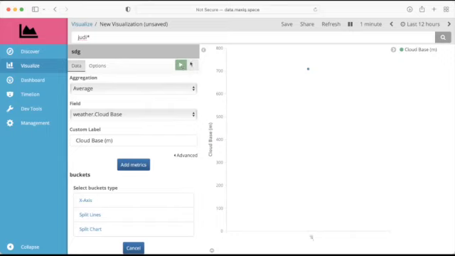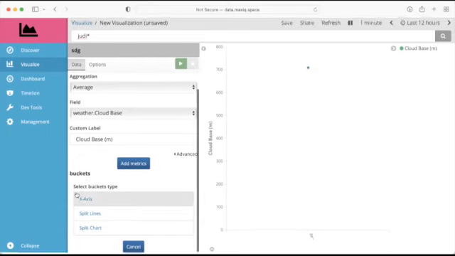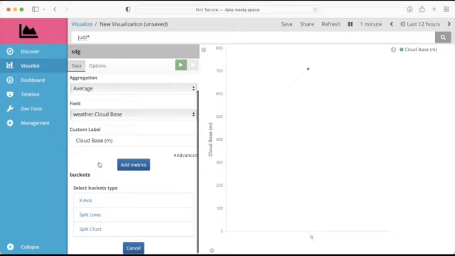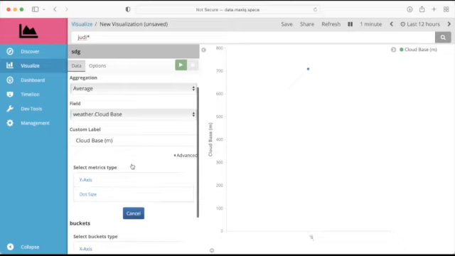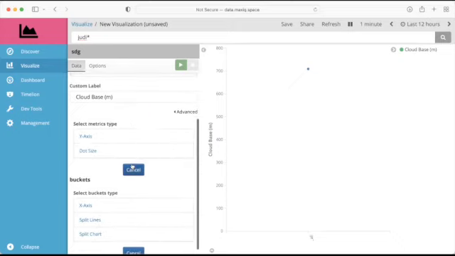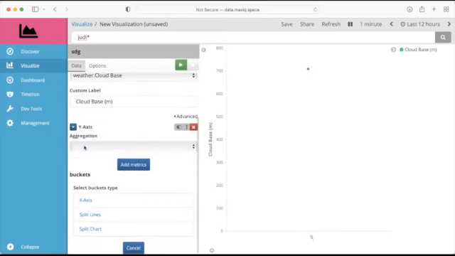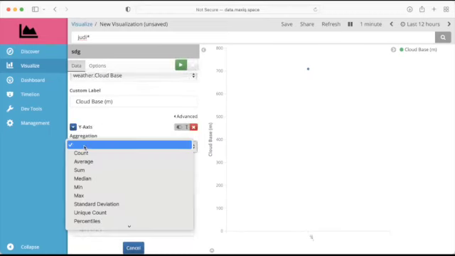Okay, so now it's saying to me, the average Cloudbase was 708 meters, but it's only giving me one data point because I haven't actually told it what my x-axis is. I've only told it what the y-axis is. So what I could do is, okay, you know what, let's actually add a metric here. And let's say what we want to do is you want to say,